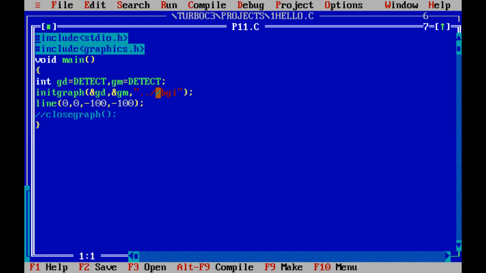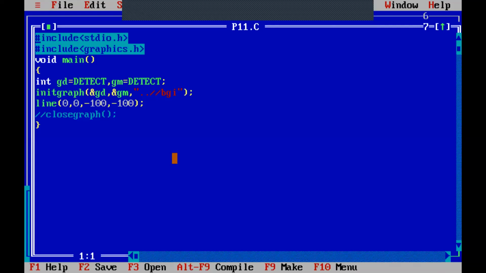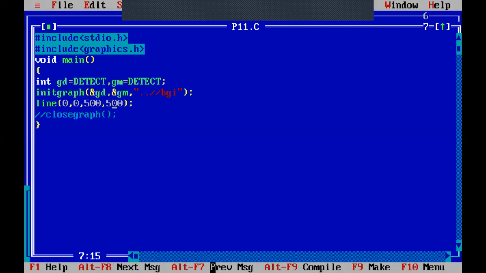Okay, so that's about the program. I can draw the line. If I'm going to change the value from 0, 0 to 500, 500, let us see what will happen. I'm saving the program, executing.